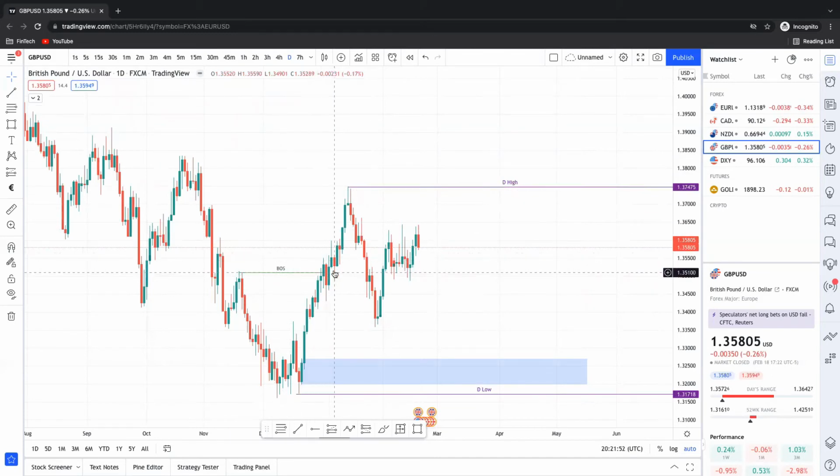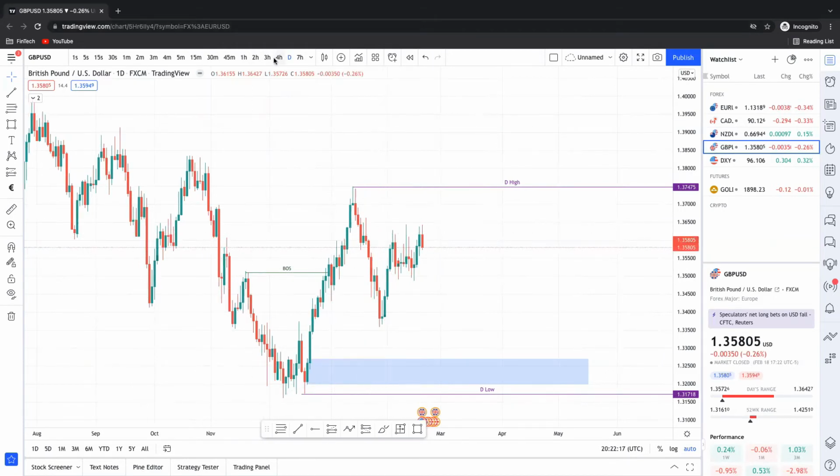Now this is a base, this is not a pullback on this time frame. You need to understand, because if you see here, the wick is closed below the body, so that's not valid for us in order to consider a pullback. So that's why I'm not considering this. So you just come here, and it makes sense, right?